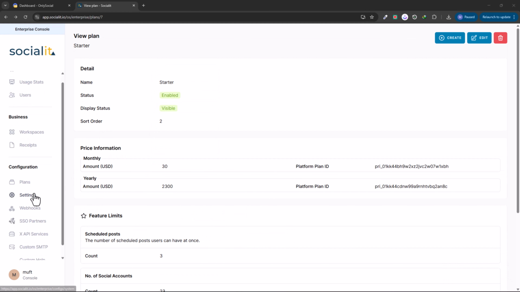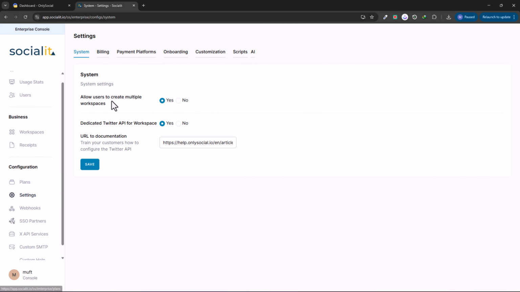Now moving on to the settings. Under Settings, we have several sub-tabs. Let's go through them one by one. From System here,